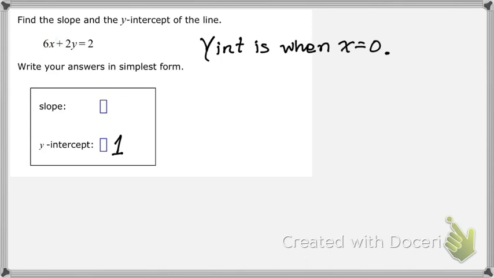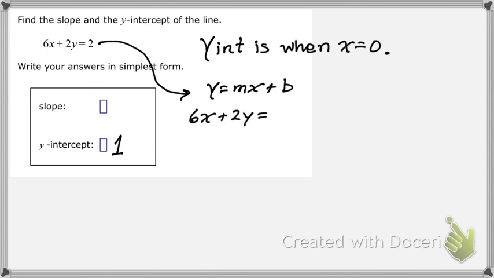So one way of doing the slope, and there are other ways, is to solve for y. We're going to put this in y equals mx plus b form. In this case, I would isolate the y by subtracting 6x from both sides. So that's going to zero out here. And then I'm going to have 2y equal to